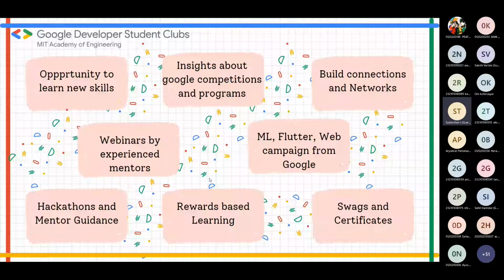And also we were planning rewards based learning. We will share some resources, and if you sign up on that URL, you will get some credits, like on GCP you will get credit of quick labs. In a similar way, we are planning rewards based learning, so if you learn something you will get some points. This will be the most benefit to you. And we are also planning to tie up with a good company so that they will give you internships also.